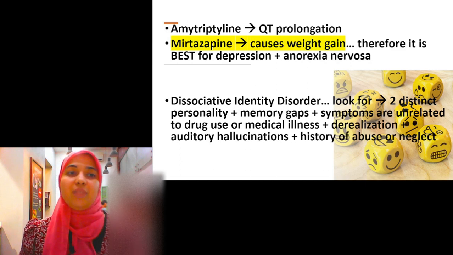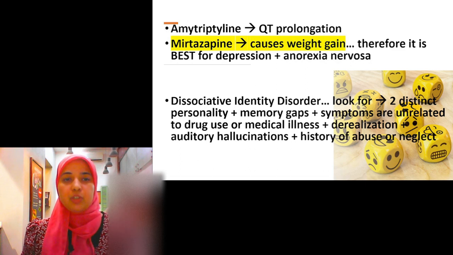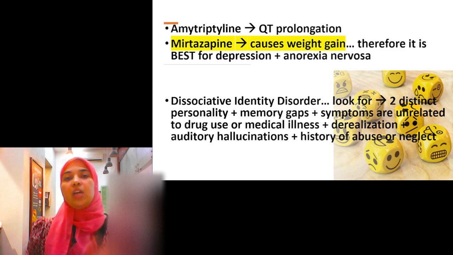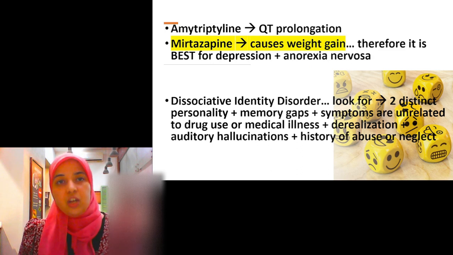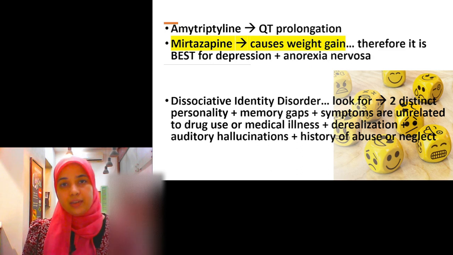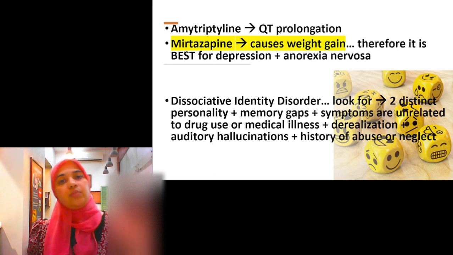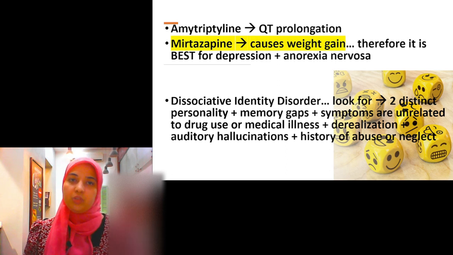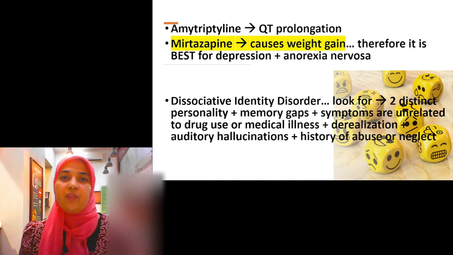You have something called mirtazapine, and with mirtazapine, you want to think of a patient who has depression, and they also have anorexia nervosa. If you get this as your clinical vignette, go with mirtazapine as your best answer because it causes weight gain. So we're killing two birds with one stone here, treating the depression and treating the anorexia, because you're using mirtazapine for the depression and the side effect of weight gain to treat